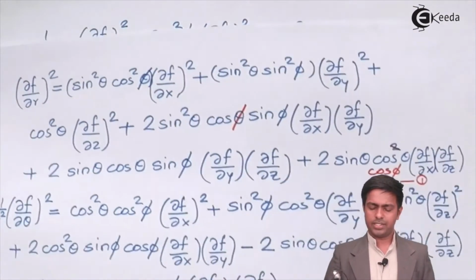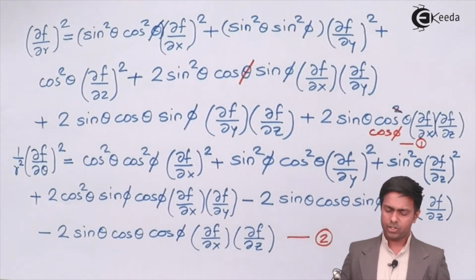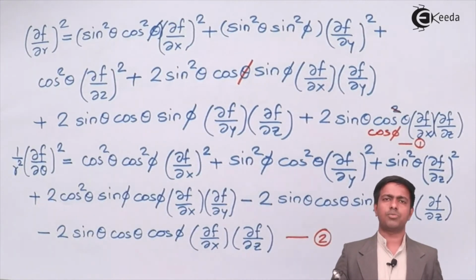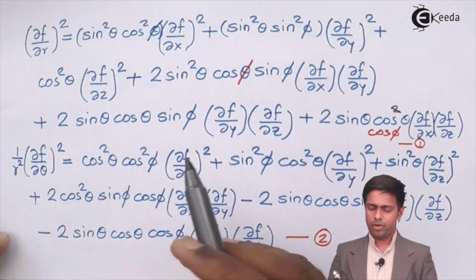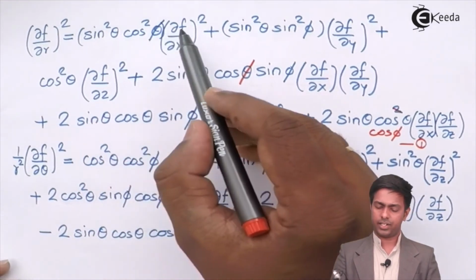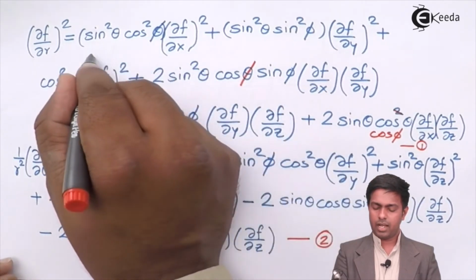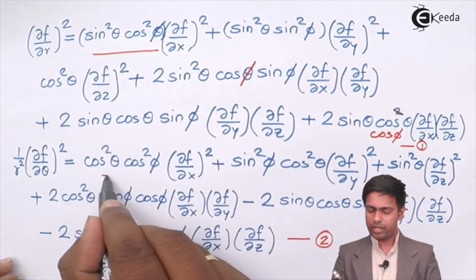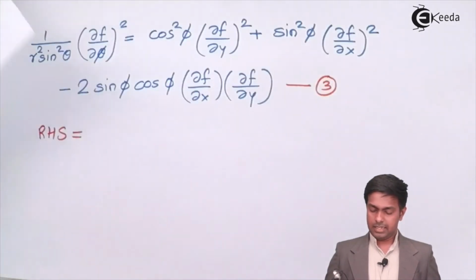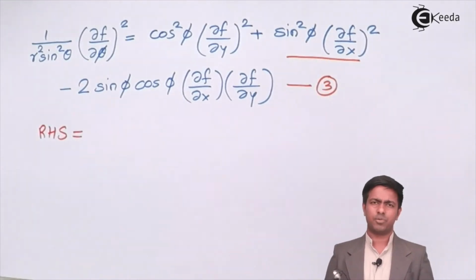So what I'm going to do is, I'm not going to write all the terms again, we will do this addition already. So let's start. The simple rule of mathematics, whenever we are adding certain terms, is that we take the similar terms together. Now here we have sin square theta cos square phi del f by del x the whole square. So I'll take the terms of del f by del x square together. So this is one term. Here I'll highlight it with a line, and this is one term which has del f by del x the whole square term. Similarly, here we have del f by del x the whole square term. So we'll take these three terms together.